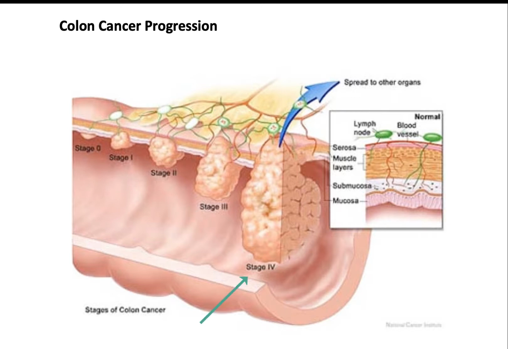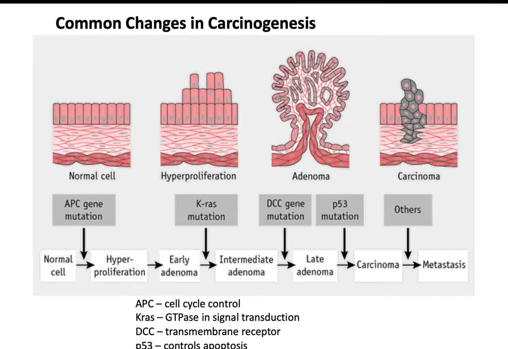And finally, stage 4 is where it's not only found in the lymph nodes and lymphatic system, but then some of the tumor has metastasized, moved to distant organs. Most of the time, the first organ for a colon cancer to go to is the liver, and in many cases, it's the liver.